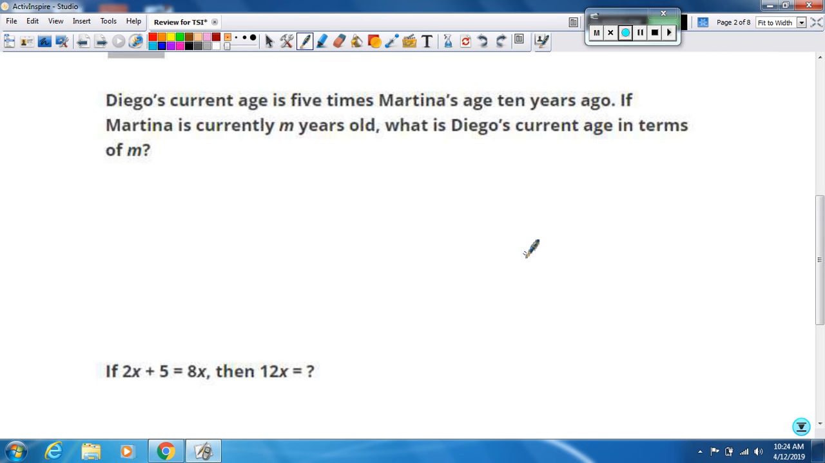Diego's current age is 5 times Martha's age 10 years ago. If Martina is currently m years old, what is Diego's current age in terms of m? Well, first of all, Martina's current age,